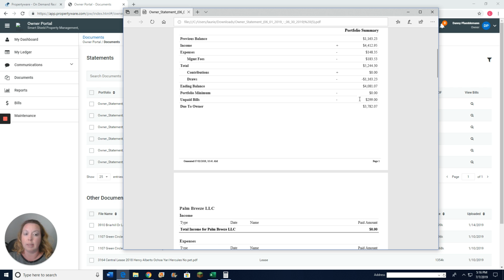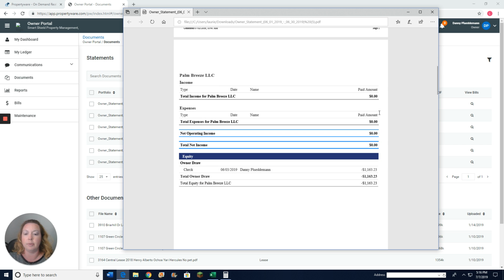I was withholding it because we're most likely just waiting on pictures from the vendor or something else. But we knew it was a pending invoice. We knew that the owner was going to have to pay it, and we didn't want to send those funds and then have to request them later for whatever reason. So I did deduct that from the draw, although this bill has not yet been paid. So as you go through the rest of the statement,